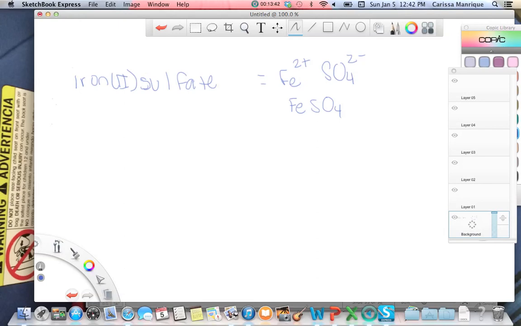Let me see if I have another one here. Okay, let's look at copper 1 nitrate. Copper is Cu, and the charge is +1. And again, I got that charge from the Roman numeral right there. Now let's look at nitrate on the polyatomic